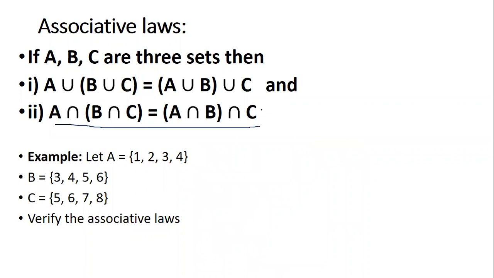It is not that every time you will get a null set. No, don't come to that conclusion. In this problem we got a null set. There are many problems where you will have answers. In that case, the answers will be equal. Let's say, for example, if you get an answer here as 3, here also you should get an answer of 3 for (A intersection B) intersection C. Clear? Understood?